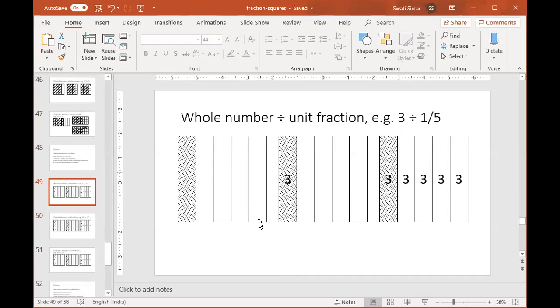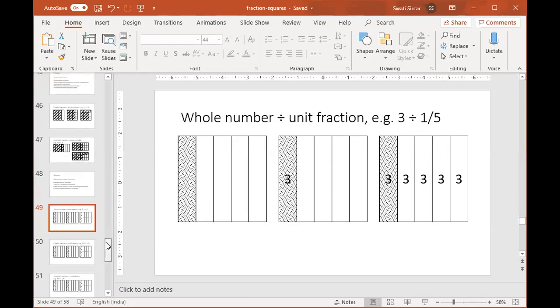So you have split the plate into 5 equal parts, and this is the plate you have. You're dividing 3 by 1/5, so put all 3 in here. Then you have to fill the plate exactly like this. So you can see that each of these 1/5 will get 3. So 3 divided by 1/5 became 3 times 5. That's basically what we teach, but this explains why that happened.